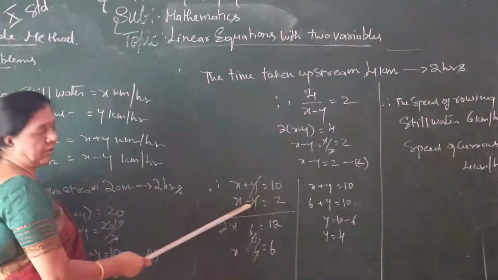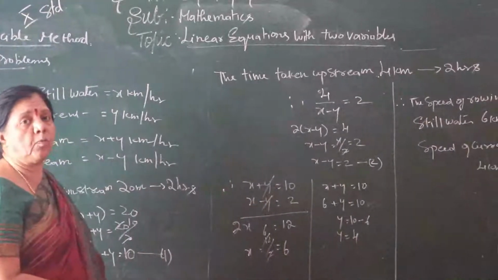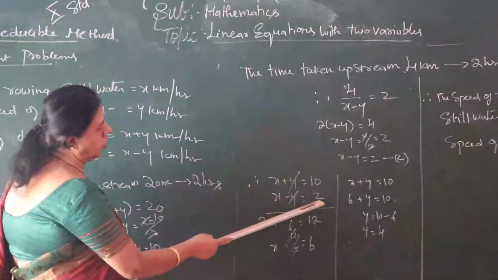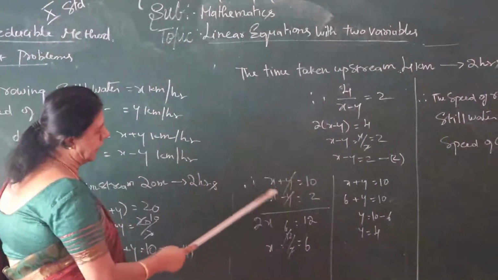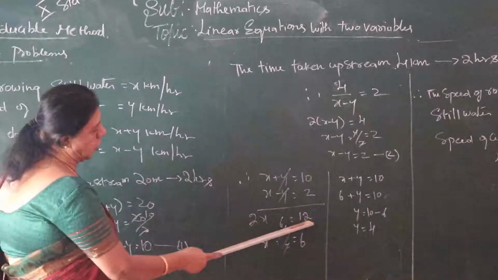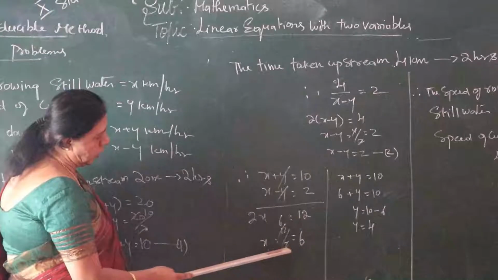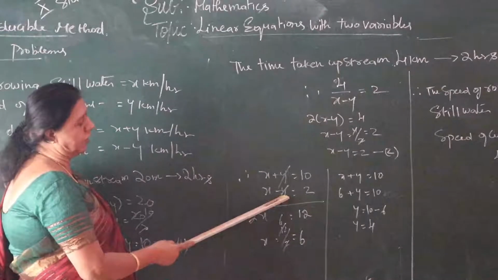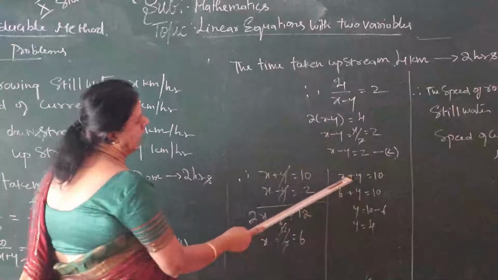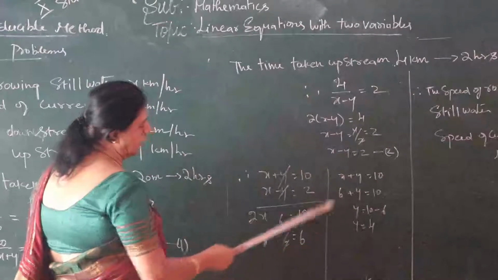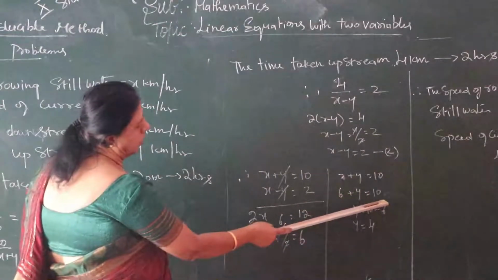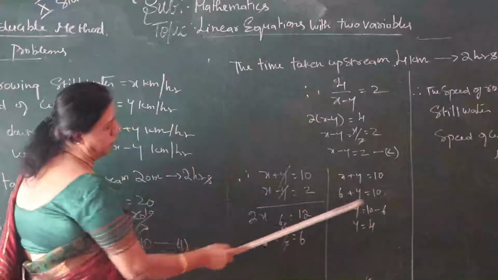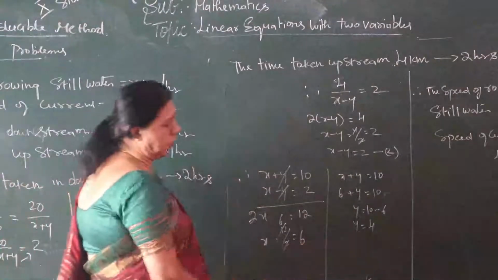First equation, second equation. We need not take any coefficient because directly we have the sign. So here x plus y is equal to 10, x minus y is equal to 2. Plus and minus, so cancel it. 2x is equal to 12. x is equal to 12 by 2 is equal to 6. So x value is 6. Take the first equation or second equation, you will get the answer. x plus y is equal to 10. x value is 6, substitute: 6 plus y is equal to 10. y is equal to 10 minus 6. y is equal to 4.